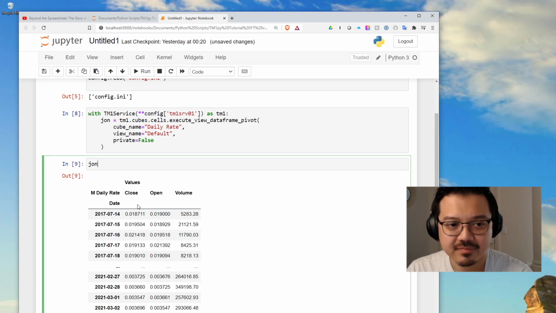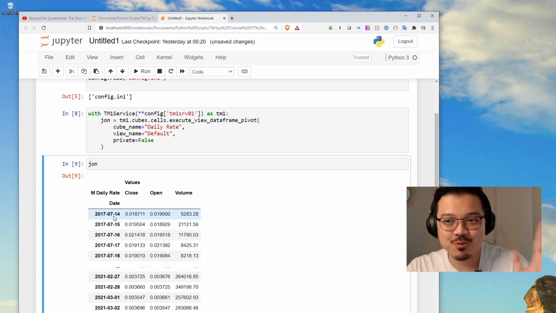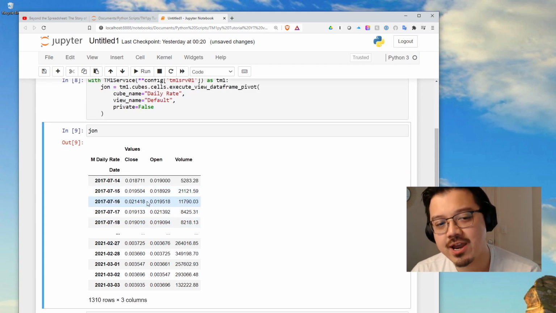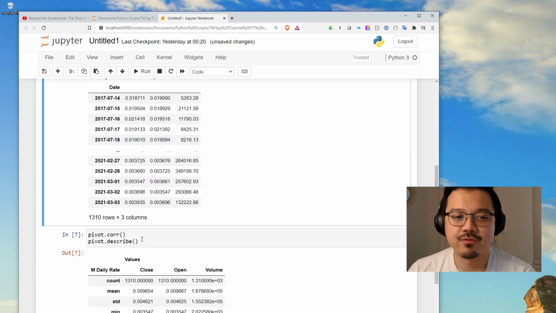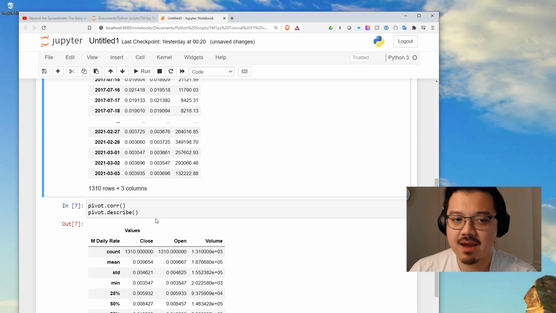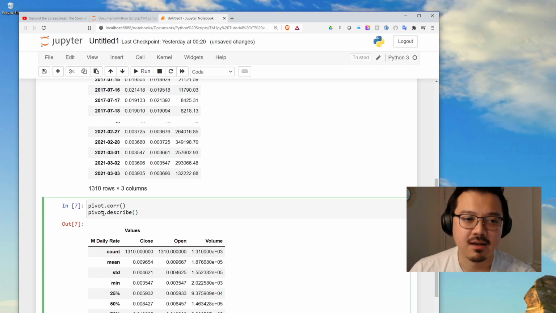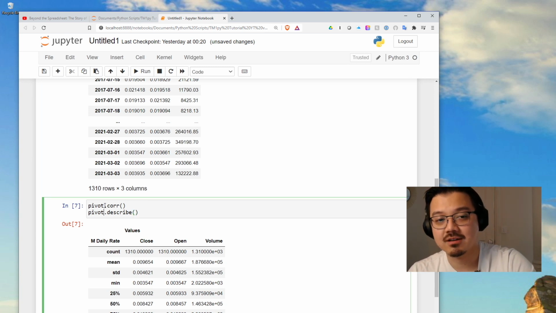Yep. So once I've got my data, I can now do meaningful things with it, and this is where TM1py is great at complementing TM1. So for example, describe basic stuff statistically. Python is really good at that. TM1py gives you access to all those libraries. So for example, because now I've got the data using connecting to TM1, I can now use Python script